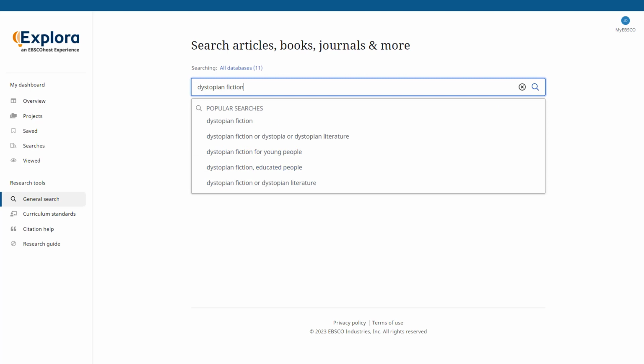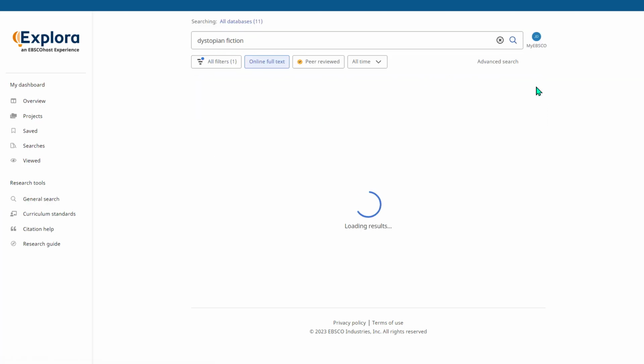You can see that as I'm typing in my words, there is the autocomplete feature that pops up underneath in a drop-down menu. This feature anticipates your search terms, so even if you misspell a word, there will be relevant search terms that will appear in this drop-down menu. You can select from the list, or you can finish entering your keywords and click the magnifying glass to generate